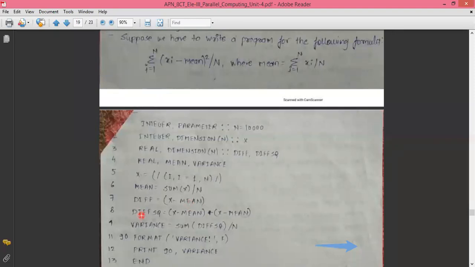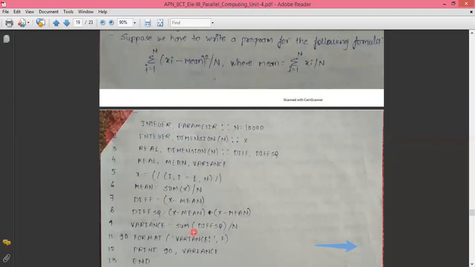Immediately after that, when we get this value, it is very easy to get the squared values. So x minus mean multiplied by x minus mean. Instead, you can write difference square is equal to diff into diff. That will also do. Now when you are done with this part, xi minus mean square, we are interested in calculating the variance, and what is the variance giving me?